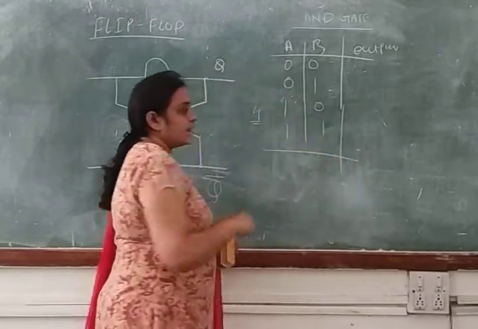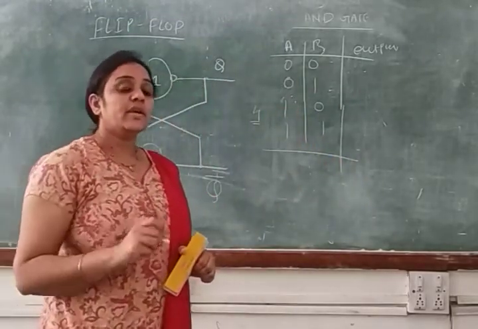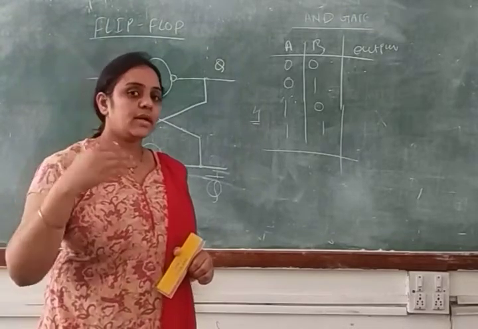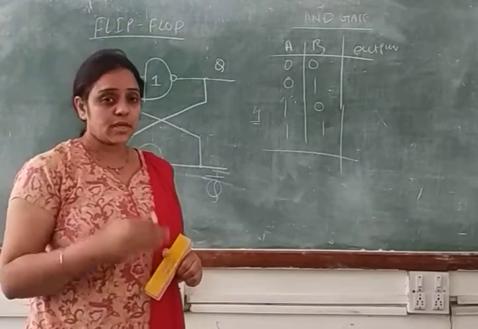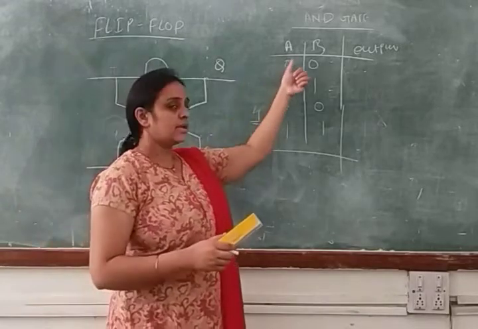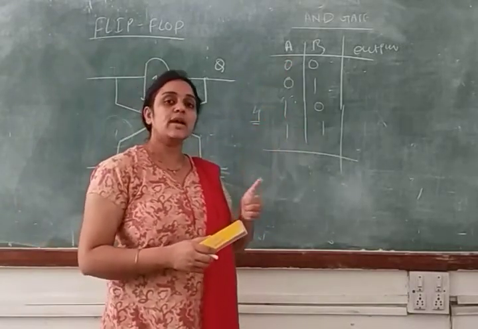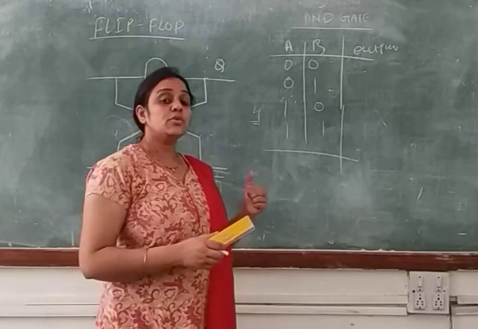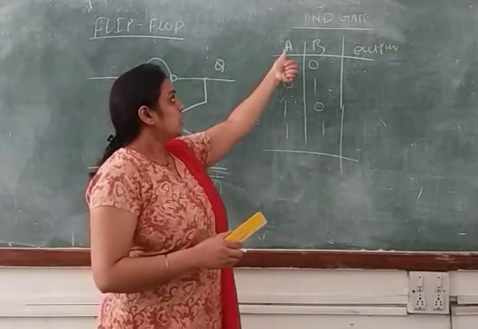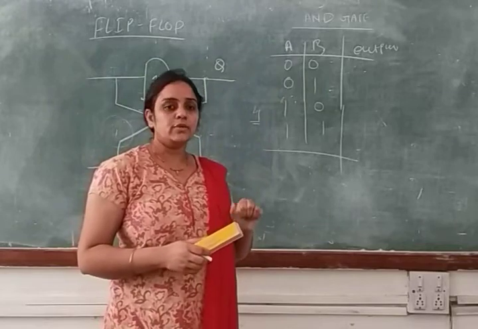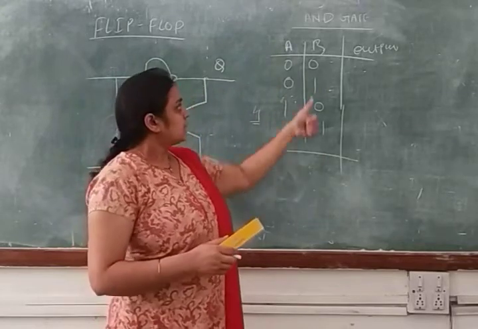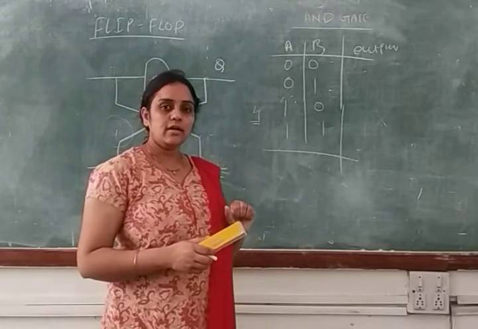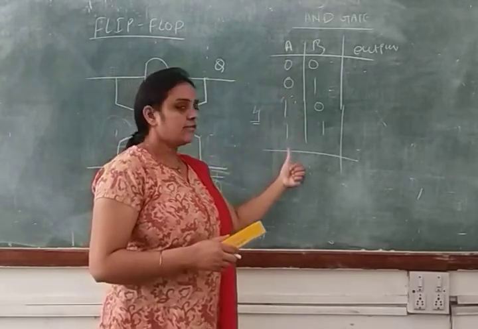And why are we writing like that? Because we are talking in the binary number system. If we are studying digital electronic systems, definitely we will talk in the binary number system. So if you have 2 input symbols, how many combinations will you get? You will get 4 input combinations. And how do you calculate this? 2 raised to 2, because your A input symbol can have 2 values, that is 0 and 1. Same thing with B, it also can have 2 values, 0 and 1. So that's why you will get 4 combinations.